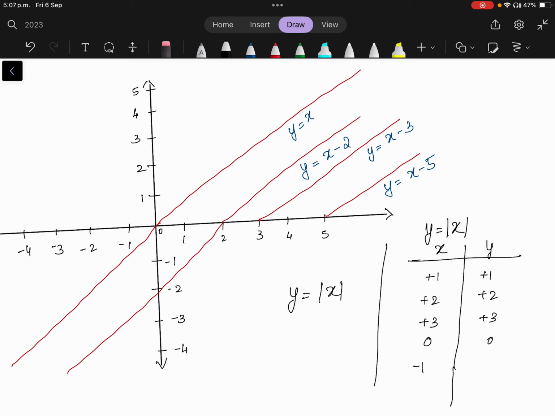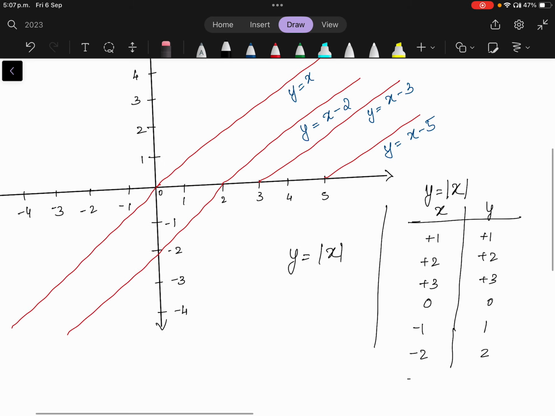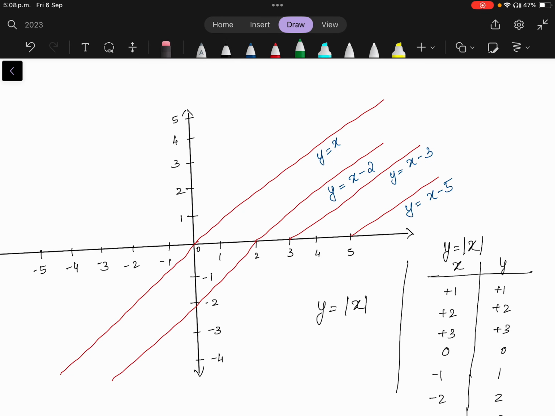It's the modulus of x. I'm working on the modulus of x. When it is minus 1, the y will be again 1; minus 2, y will be 2; and minus 3, y will be 3. When it comes to modulus of x, whatever the value of x, the y value will be positive. So if you plot this in this graph,